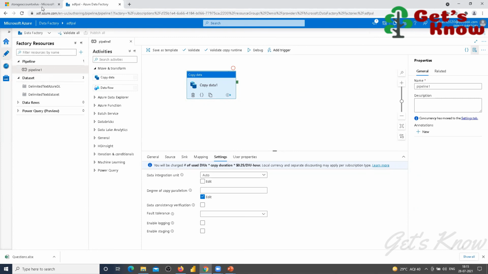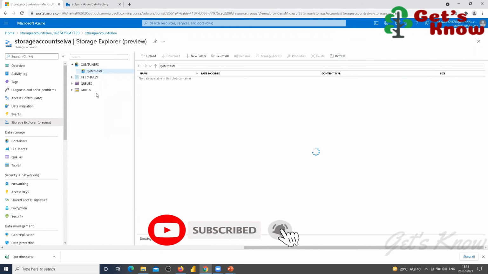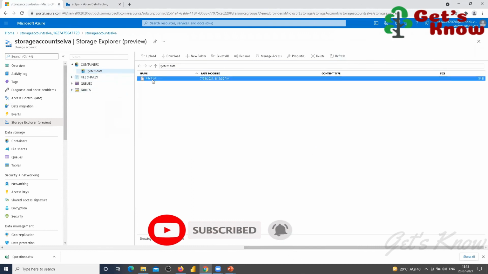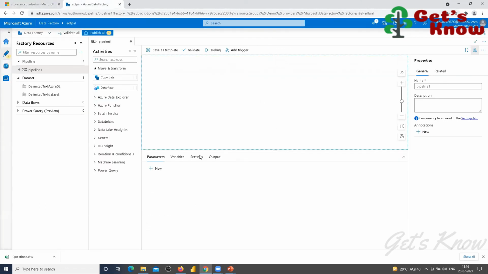We will go to that and refresh it. See, the file 1.txt is available, right? So now we have our CSV text file in our storage. So fine, hereafter we don't want to use this one.